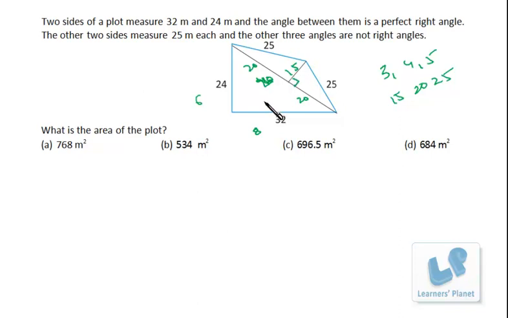Now we have got the dimensions of this triangle and this triangle, both of them, so easily we can find out the area. Okay, so what is the area of a triangle? That is half base into altitude. The half base is 32, just write down, it is 16 into 24, plus, in this case, half base into altitude. So half of the base will be 20 into altitude 15. Okay, so it's 684 meters square. I think it's quite simple.